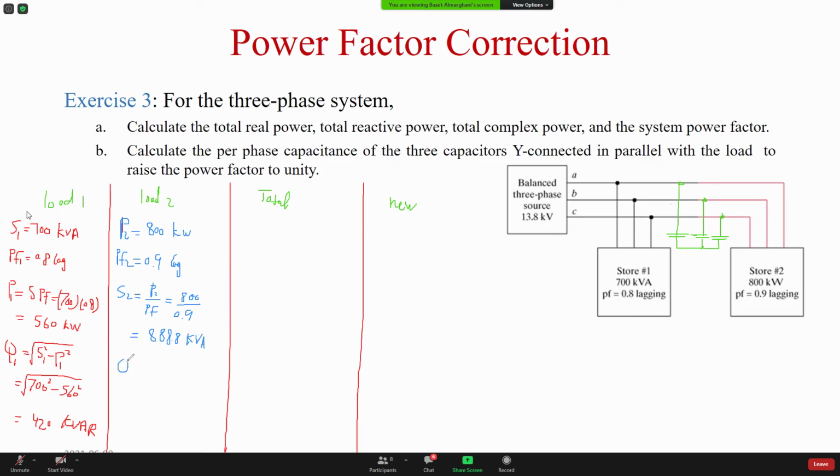Then I can find the Q, which is the square root of S2 squared minus P2 squared. This is